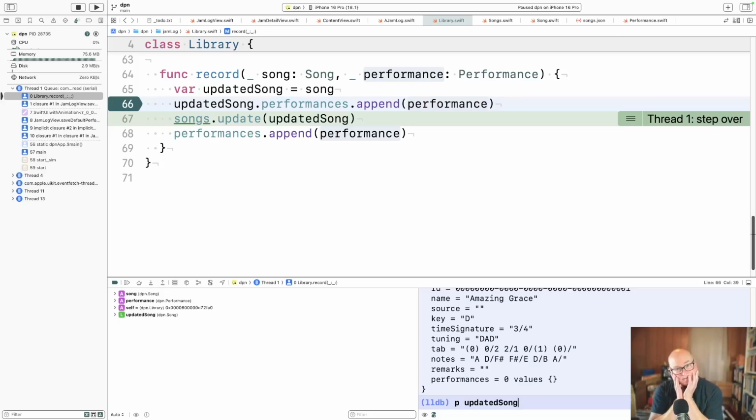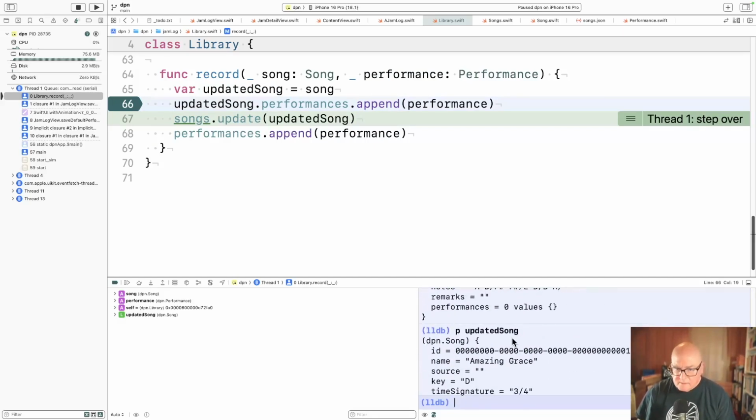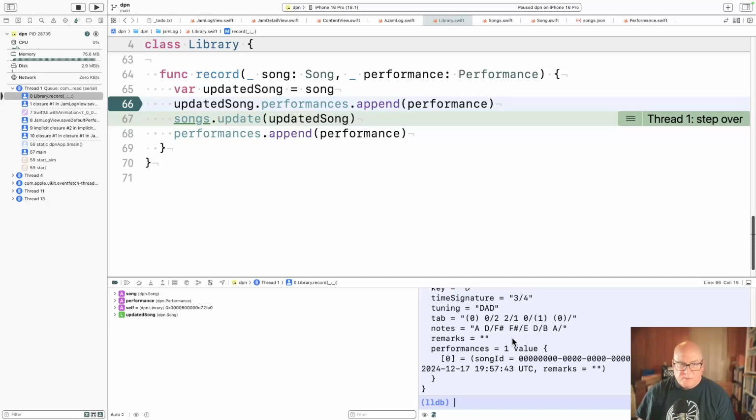Oh. Wow. Oh, there it goes. Updated song has a performance. Okay, let's step in.